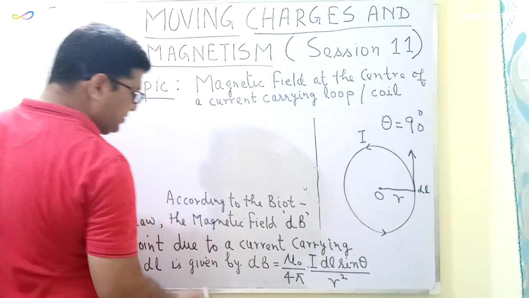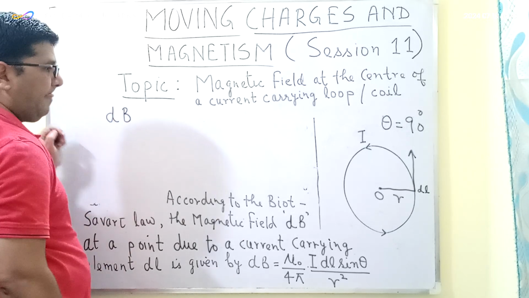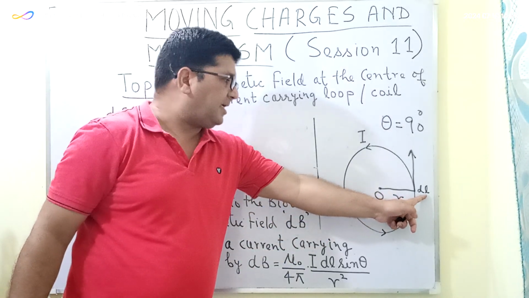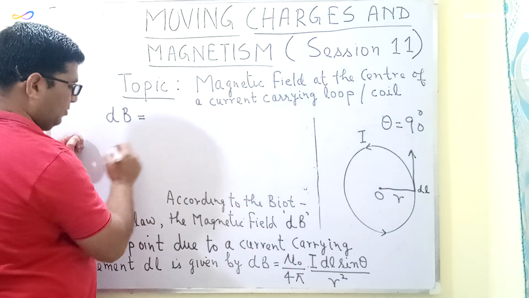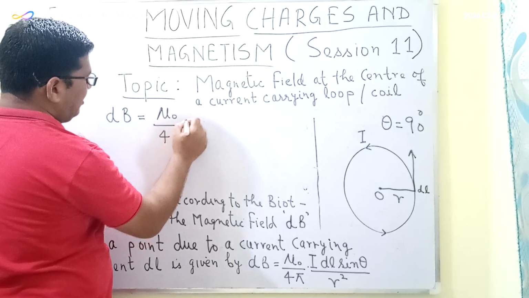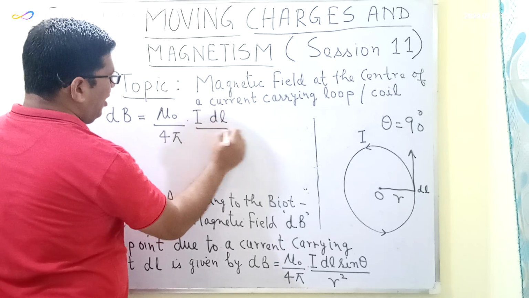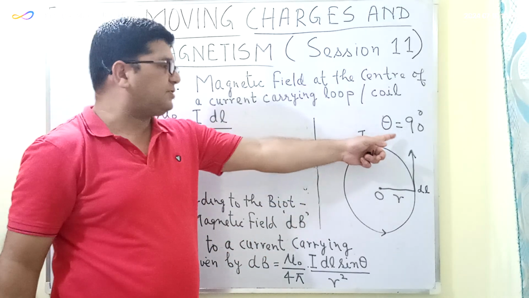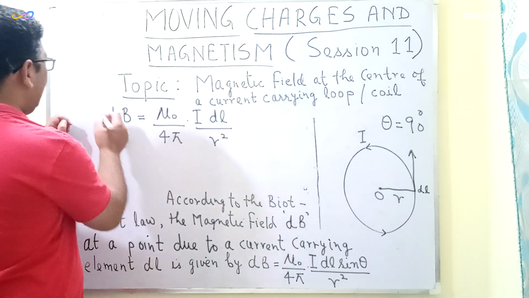From this equation, I get the magnitude of the magnetic field due to this very small current carrying element of length dl as dB equal to mu naught upon 4 pi, I dl upon r square into sine theta. Since theta is equal to 90 degrees, sine theta will be equal to 1. Now if I integrate this equation,